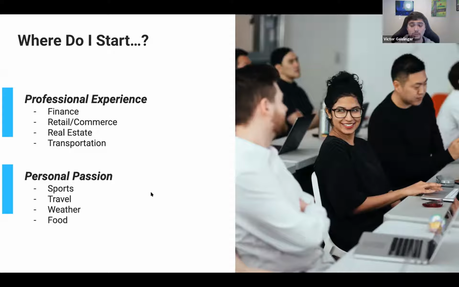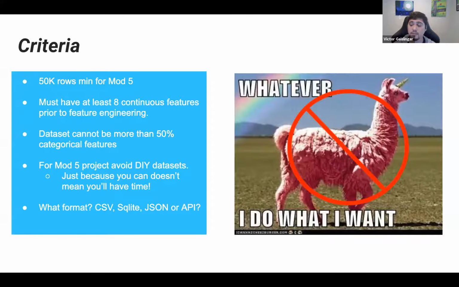Cool. All right, so here are some criteria. This is going to be a little bit different from what the curriculum has, and this is what I'm going to be looking for. So remember, first of all, whatever data set you find, you should run it by me and then have it approved. I'll put in a soft date of when that should be.